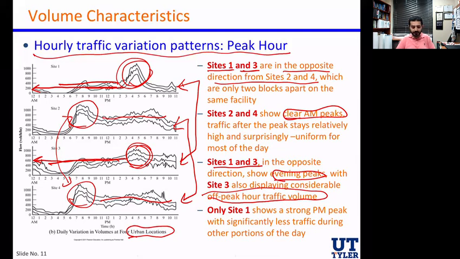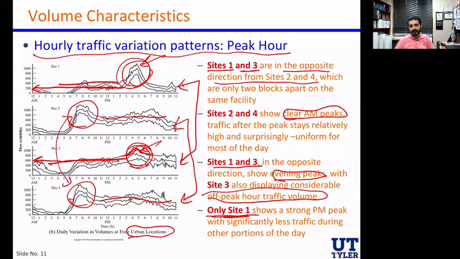The last observation we could see here is that only site 1 in particular shows a strong PM peak hour. For site 3, it's going up a little bit here, but it's not as well defined as site 1. Those are the major things that we can see and observe looking at those 4 sites